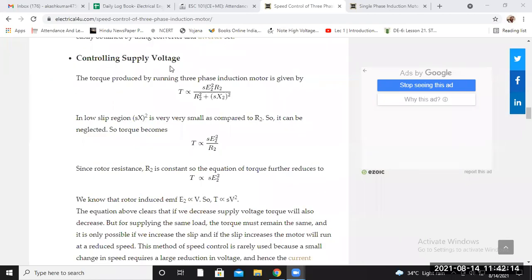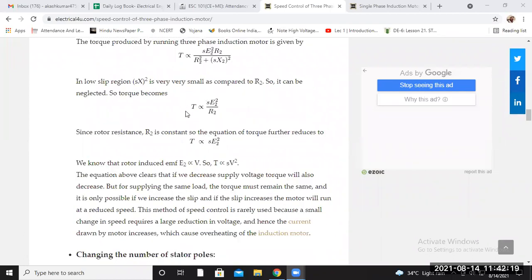Then we discussed controlling the supply voltage. We have discussed the torque equation, where the torque is directly proportional to E2 squared upon R2. When R2 is constant, that is, the rotor resistance is constant, the torque is related with the square of the rotor induced EMF. This rotor induced EMF is directly proportional to the voltage, that is, how much voltage you are giving. If you give a higher supply voltage, the induced EMF will be higher. So E2 is directly proportional to V, and accordingly the torque is directly proportional to